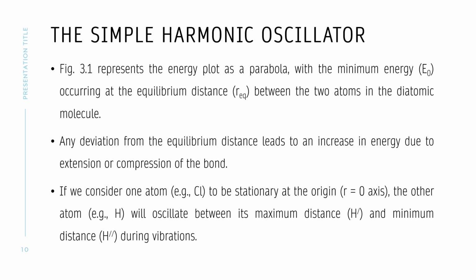Any deviation from the equilibrium distance leads to an increase in the energy due to extension or compression of the bond. If we consider an atom, for example chlorine, to be stationary at the origin R is equal to 0, the other atom, for example hydrogen, will oscillate between its minimum distance h and the maximum distance